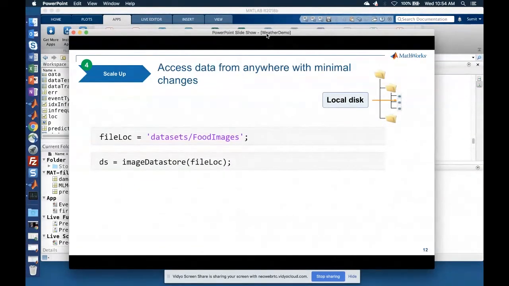And on similar lines, in terms of actually accessing data itself, it is very easy to access data from different sources. For example, if you wanted to access data from a local machine, this would be the code to create, say, an image datastore.